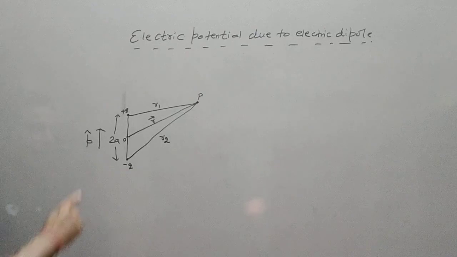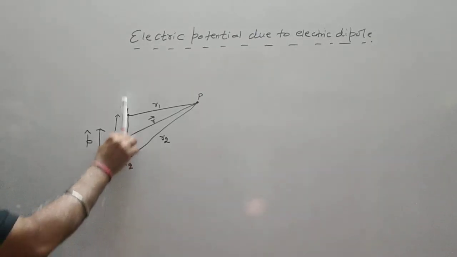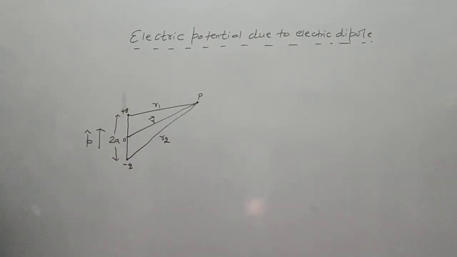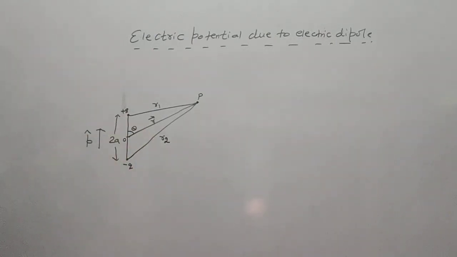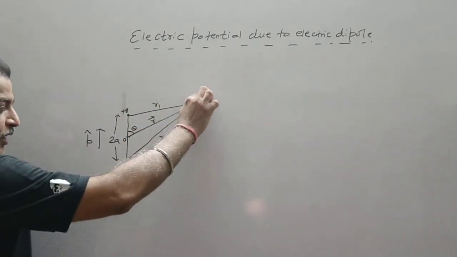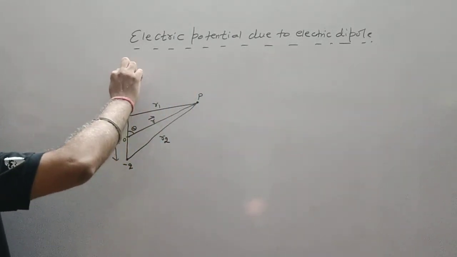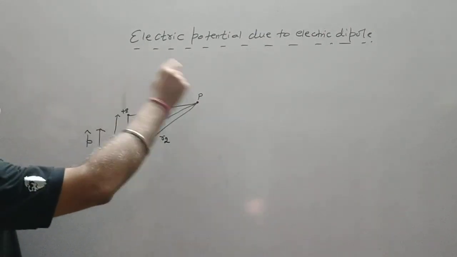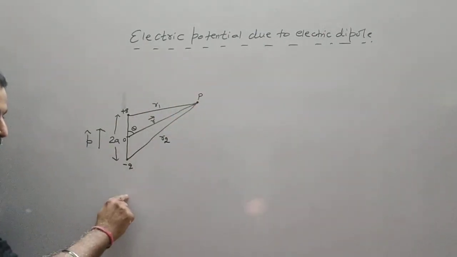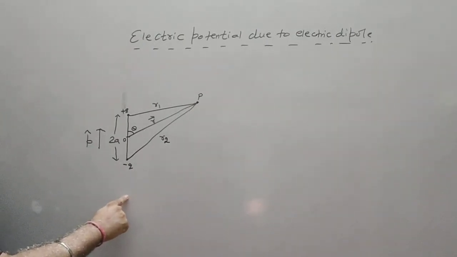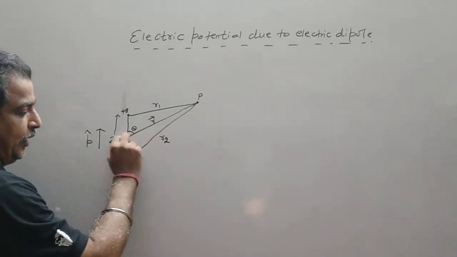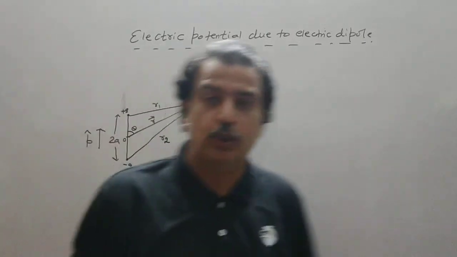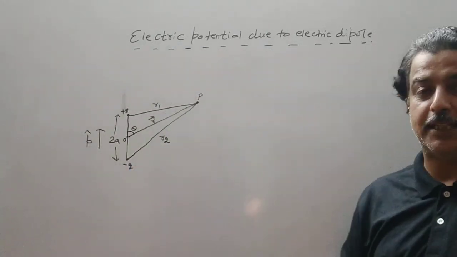Now see the direction of p cap. It is along the y-axis, or from negative to positive charge. And point P position vector is R vector. So this angle is theta. Clearly, if I bring this point here, theta becomes 0, so it becomes the axial point. If I bring point P here, it becomes 180 degrees, so again it is an axial point. If I bring it to this point here and I join this midpoint, the angle becomes 90, so it becomes an equatorial point. So that will become the cases.